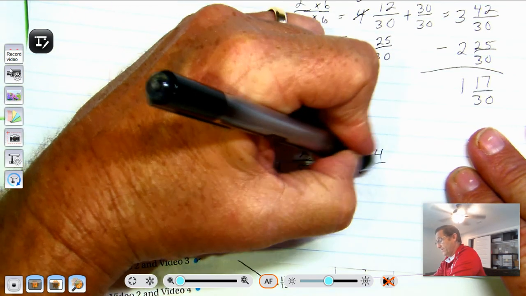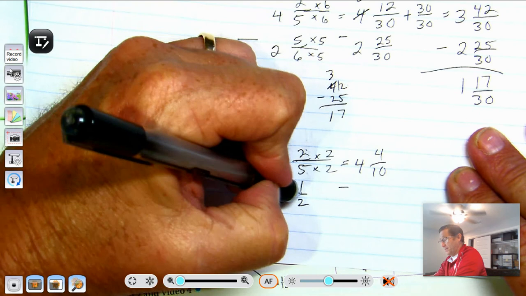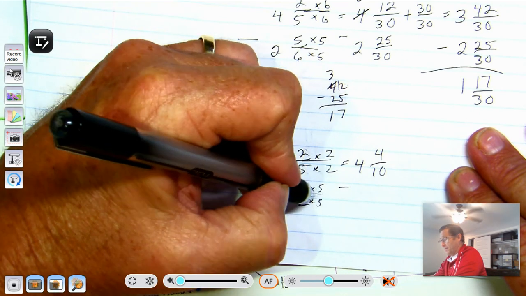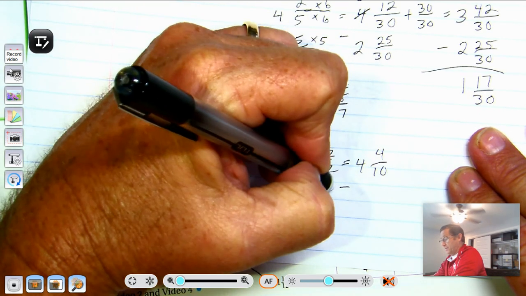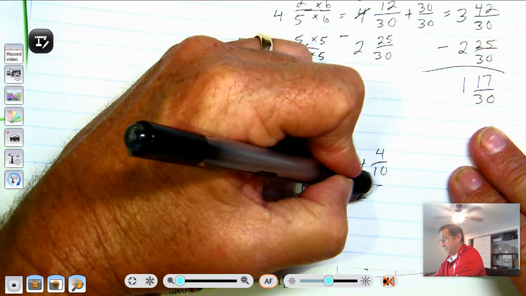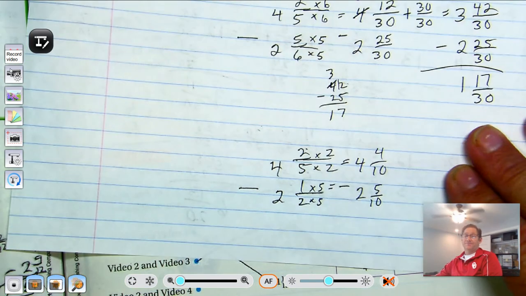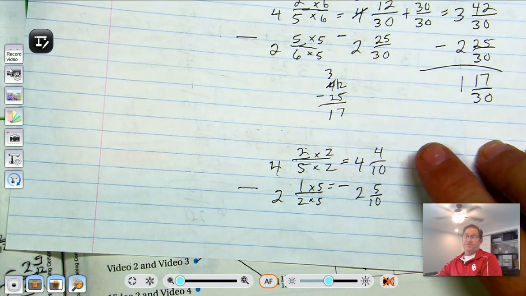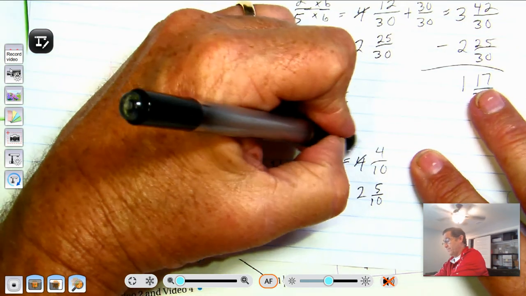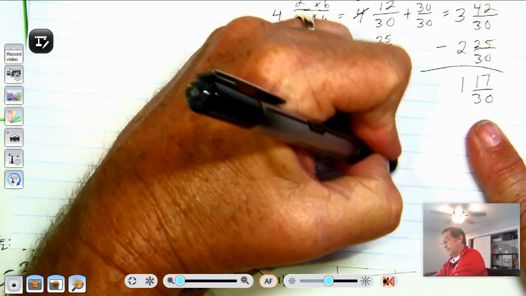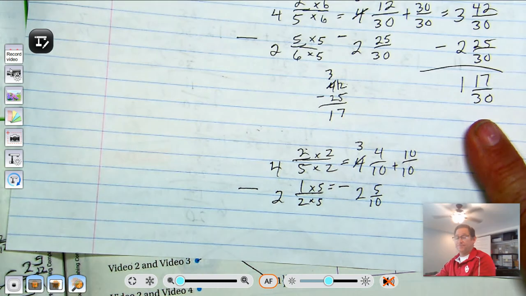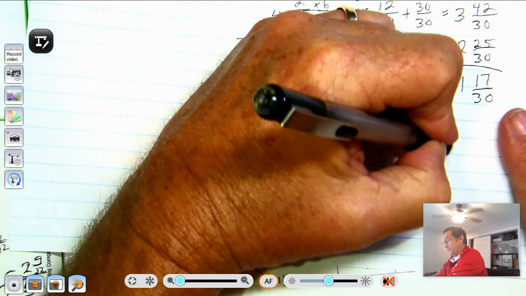So 4 and 4/10 minus 2 and 5/10. Can't take 5/10 from 4/10, so rename the 4 as 3 plus 10/10 to get 3